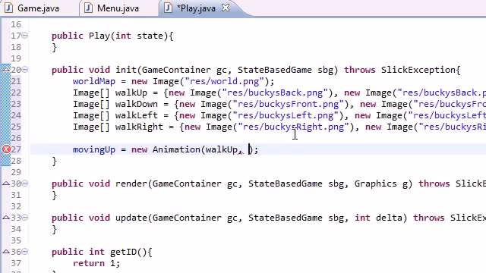Now after this, it says, okay, I see that you have two images in your walk up image array. That means that I need